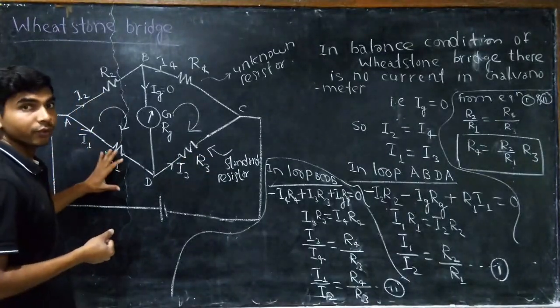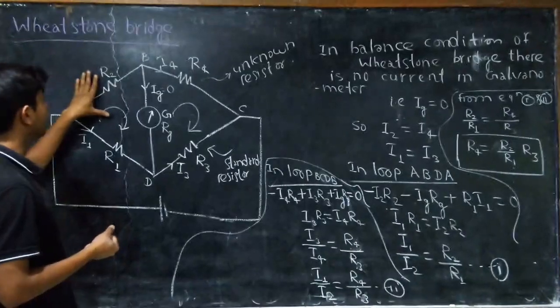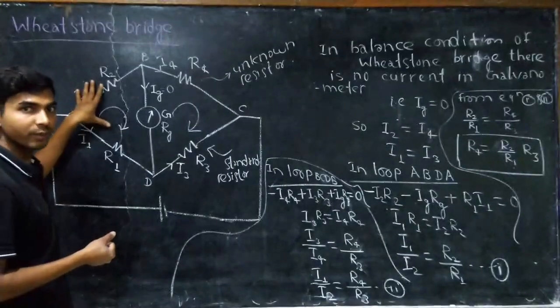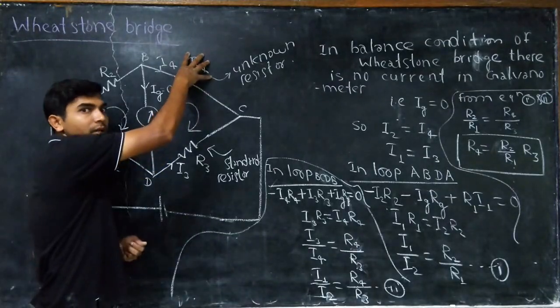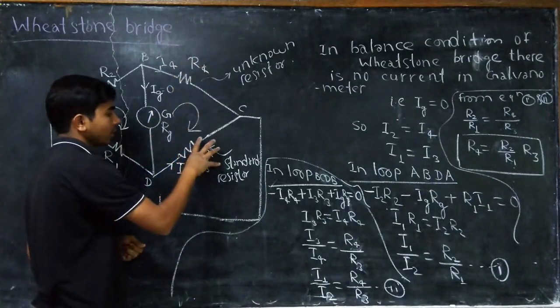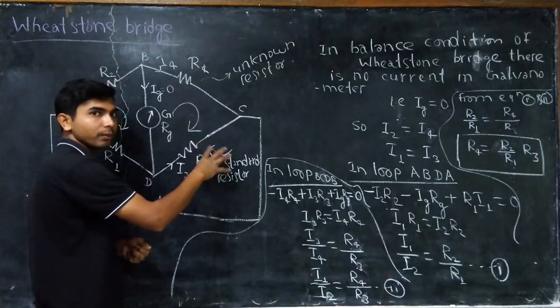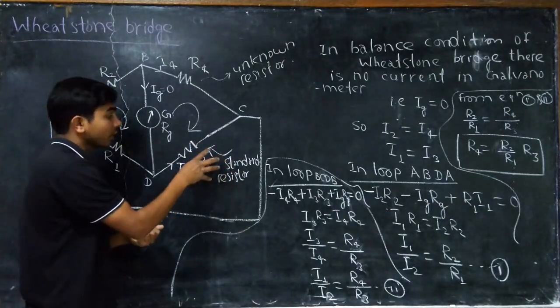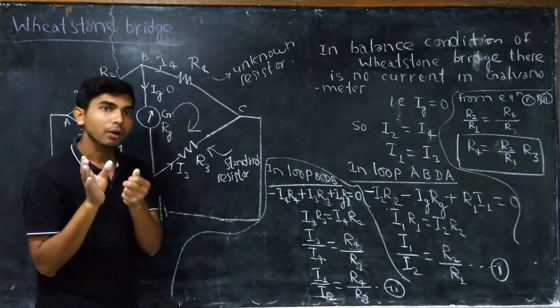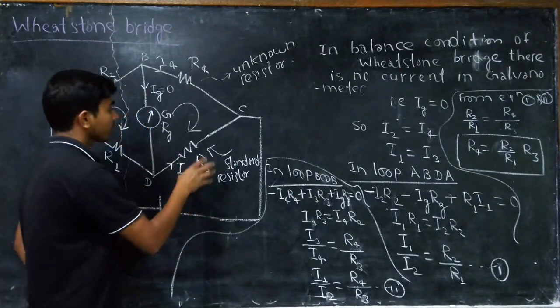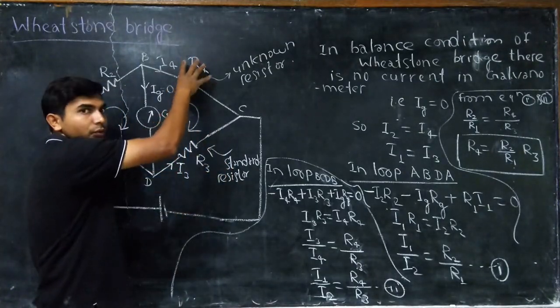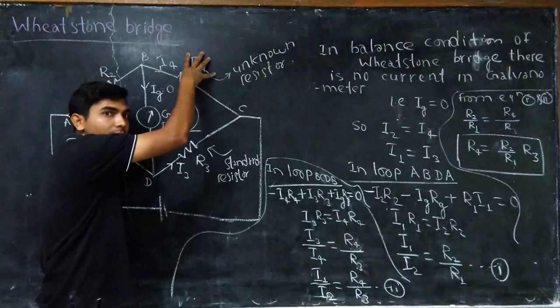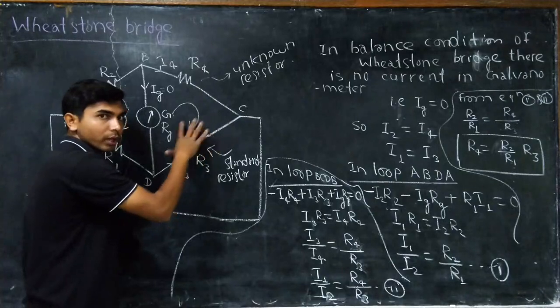These two resistors are fixed in the Wheatstone bridge. These two are fixed resistors, right? And this one is not known to us, right? But this is a standard value, right? We are able to change this value and we are able to see what the value is, right? So suppose I connected this one, and this one is not known to us, and I connected this one also, right?